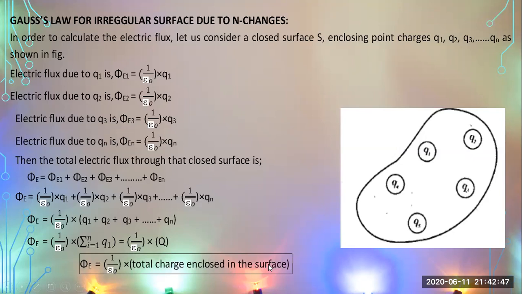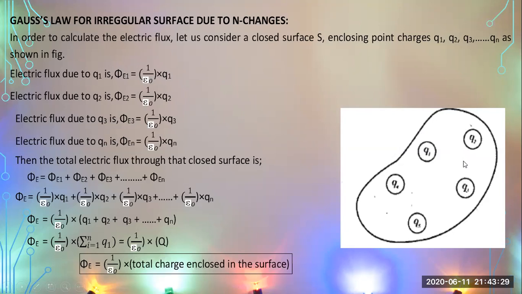So this is the technique or method to calculate electric flux in case of any type of irregular surface with n number of charges. So what you have done, you have divided the whole surface area equal to nth number of charges, and you have used the same technique or formula which you have already used to calculate the mathematics of the Gauss's law. Then finally you reached this formula, and it is used directly here. There is no need to go up to the detail which you have already done. So finally, you will use this formula, and this is calculated by using Gauss's law.